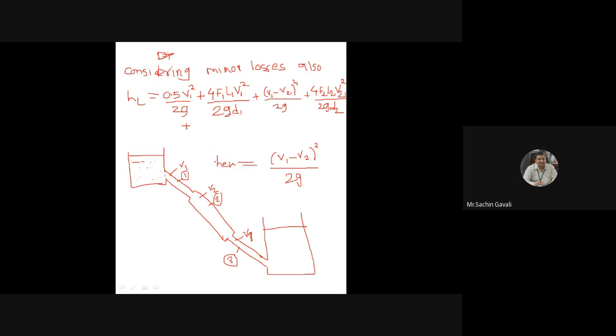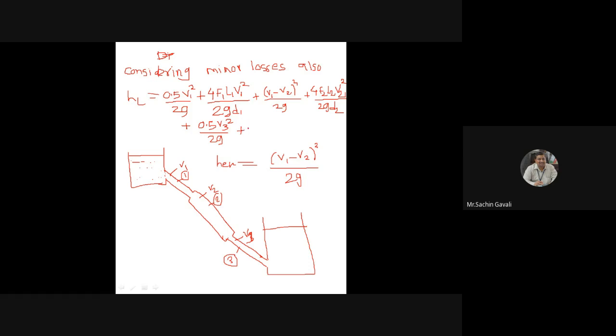The equation for sudden contraction is V3 square by 2G into bracket 1 upon Cc minus 1. But this bracket is not given, so we take it as 0.5. Which velocity do we use? The velocity in the smaller pipe. In this case, the third pipe is smaller. Therefore it is 0.5 V3 square divided by 2G plus